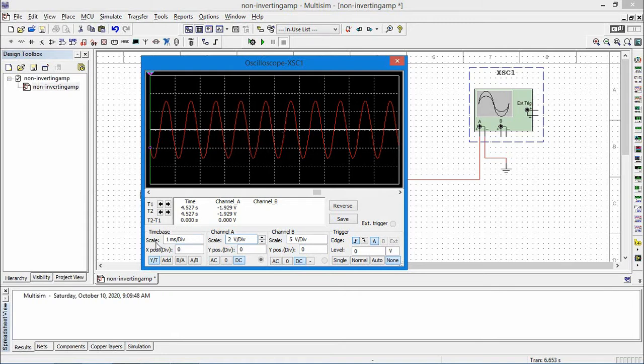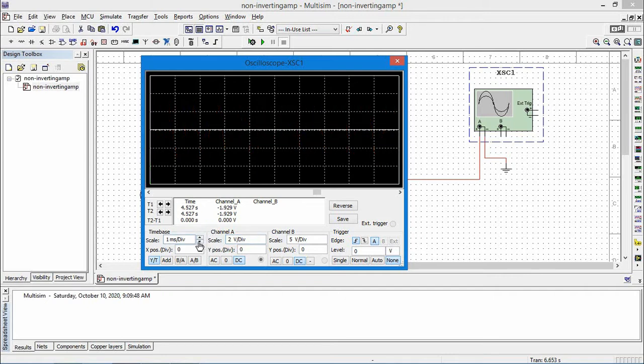Here, if you see this one, there are different scales. First, the time-based scale. If you change the number of times per division, we can expand or compress the waveform along the x-axis. Here it is 1 millisecond per division.